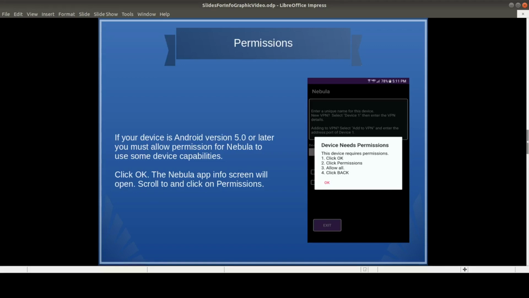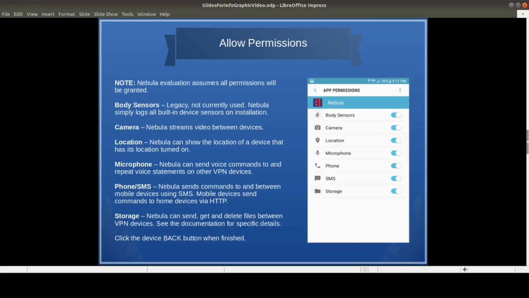If you see this permission request, click OK, then select Permissions on the Nebula app info screen that opens. These are the permissions that Nebula needs for full evaluation. It's assumed that all permissions will be granted. Nebula is for application development. The permissions,